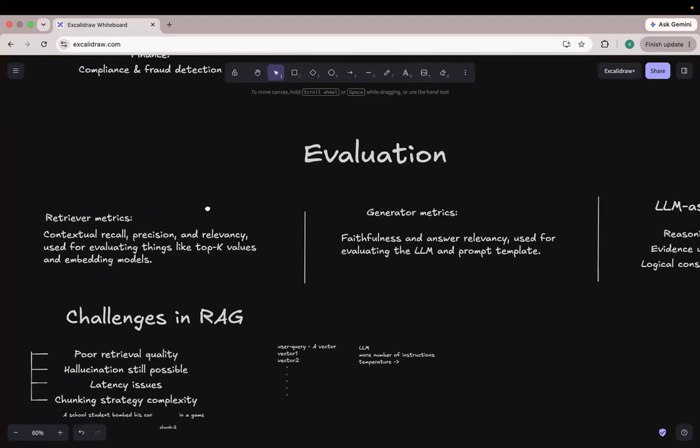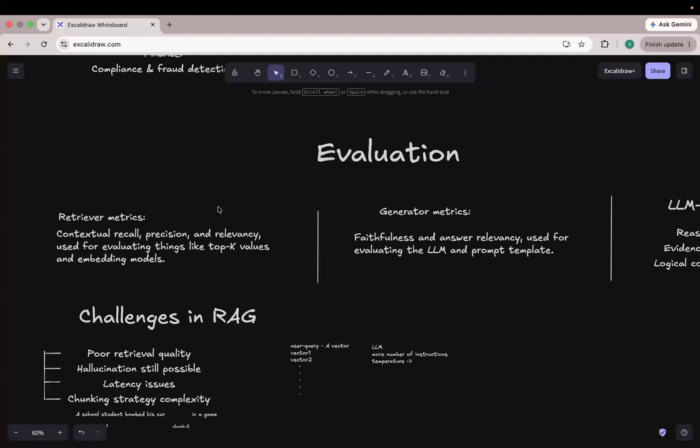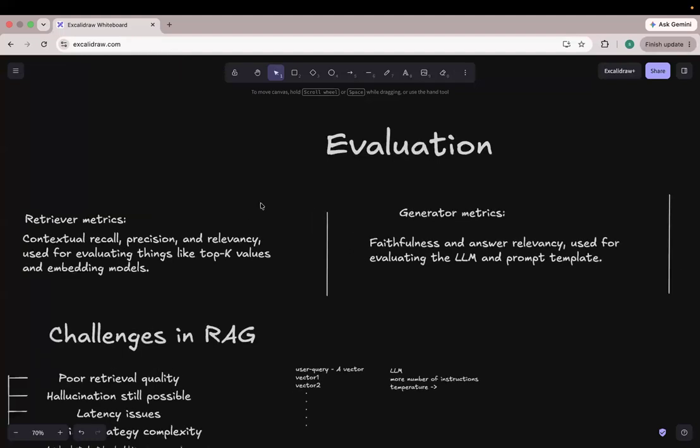So now let's come to the crucial part, evaluation. So we have an application. Okay, now we need to deploy it into production or to the customers, right? But can we blindly believe whatever we have built till now works efficiently? No, right? There might be some failure parts also. How to identify those pain points and how to make sure that your whole RAG application is working as you intended. So that is when you deal with